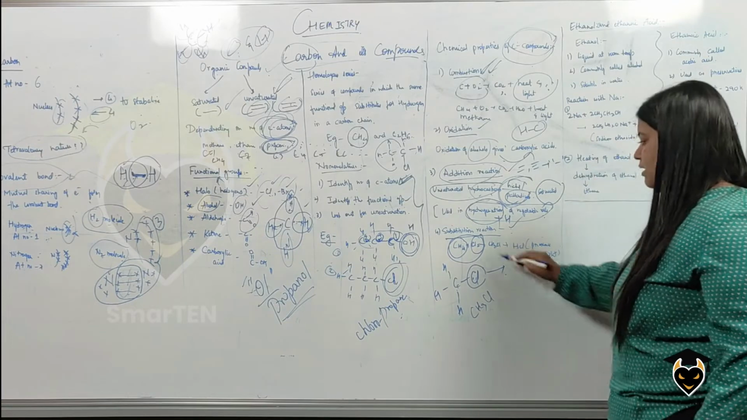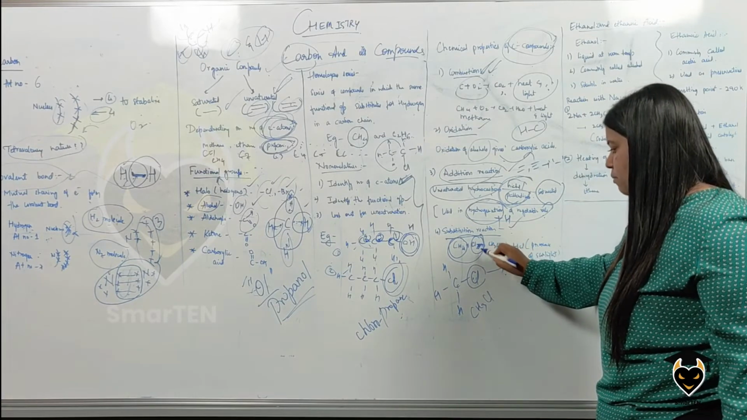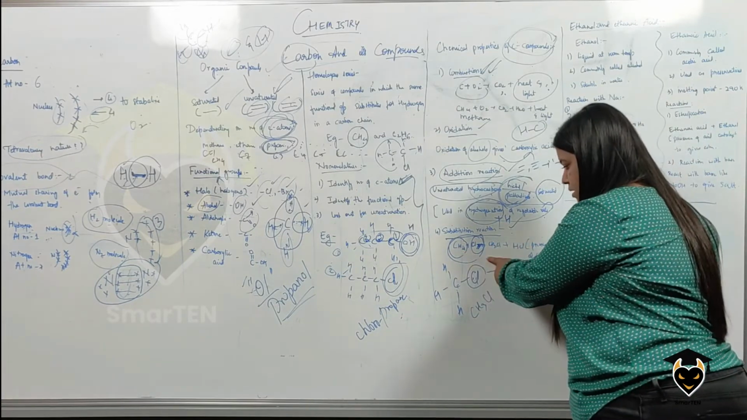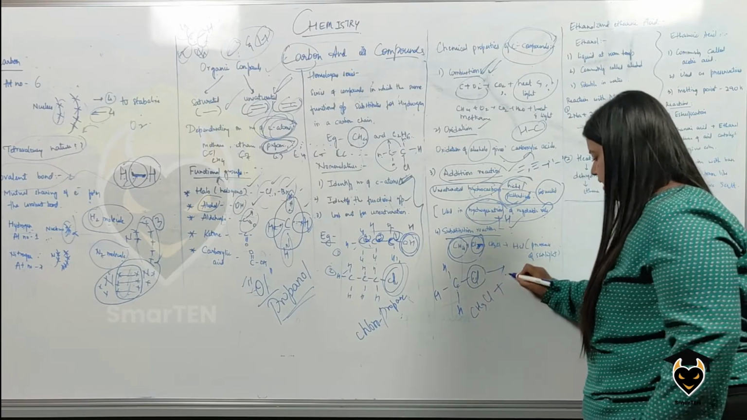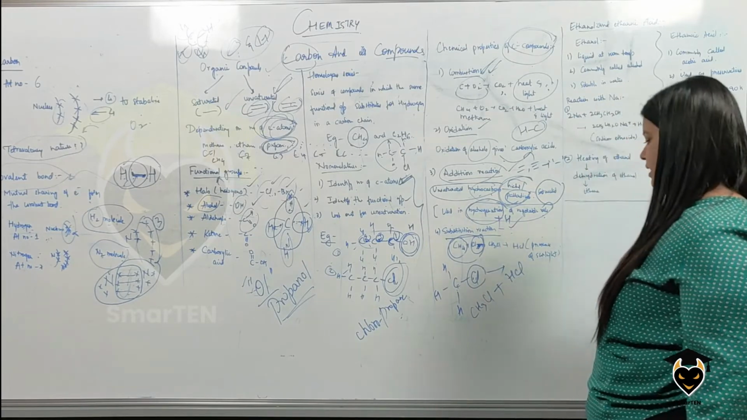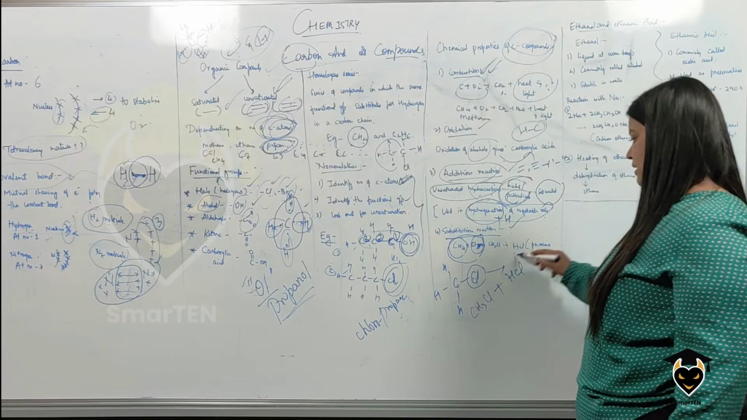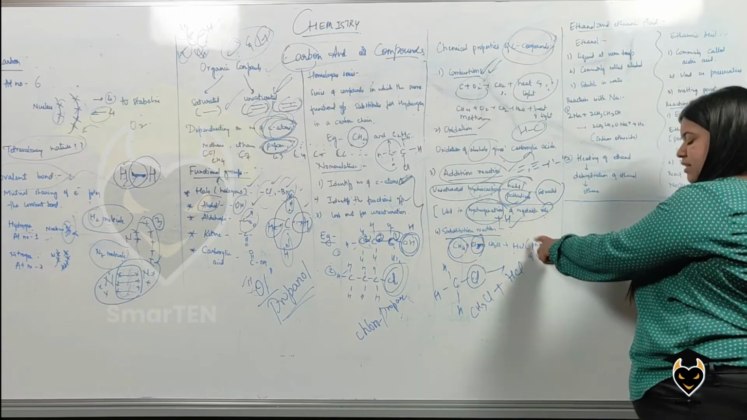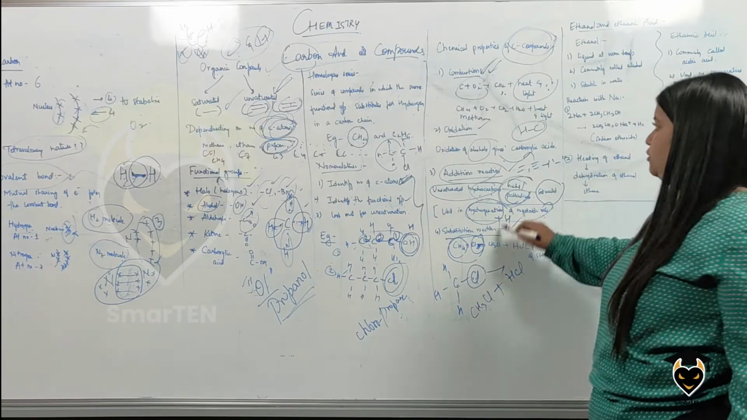CH3Cl. Now there is one more. This is Cl2. I'm using a chlorine molecule. So you have one hydrogen that's come out. There's one Cl there. So it will form HCl. So you have CH3Cl plus HCl in the presence of sunlight. So, substitution reaction of